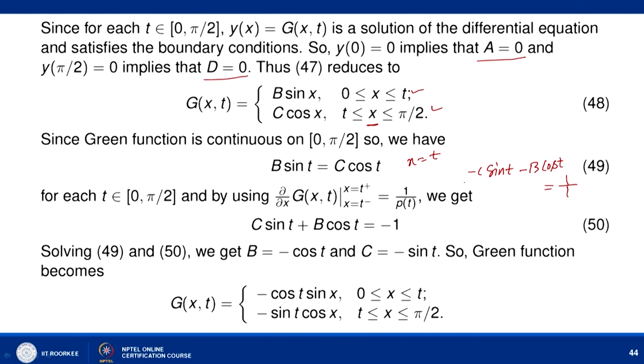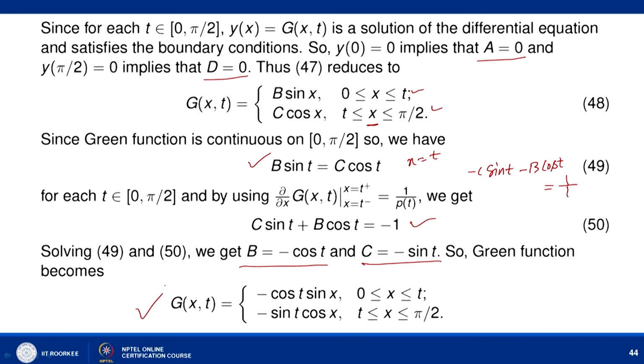So, it is 1. So, we can simplify this and we can write c sin t plus b cos t equal to minus 1, this minus we are shifting here. So, we have equation 49 and equation 50, and with the help of this we can find the constants b and c. When we find the constants b and c, it comes out to minus cos t and minus sin t, and with the help of b and c